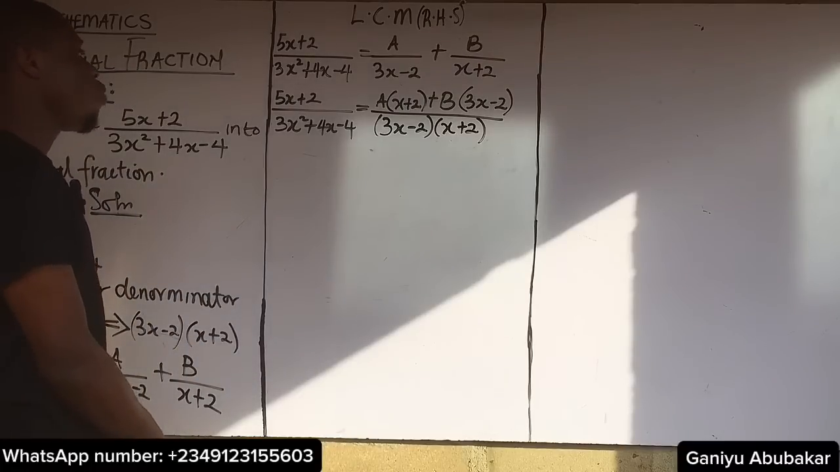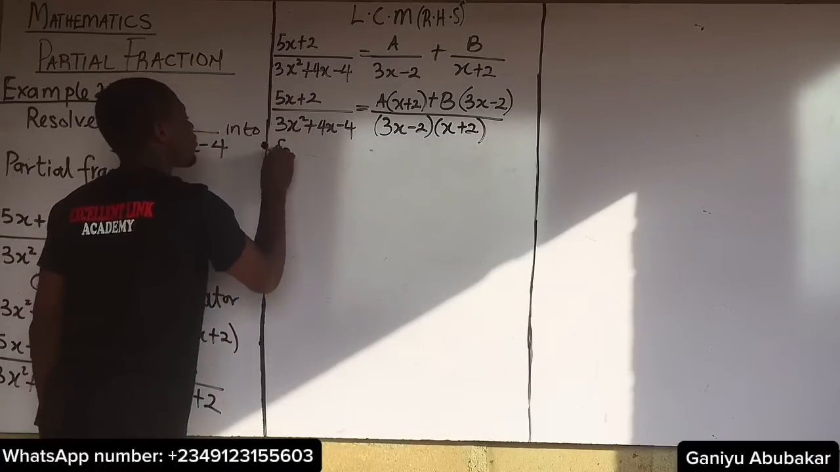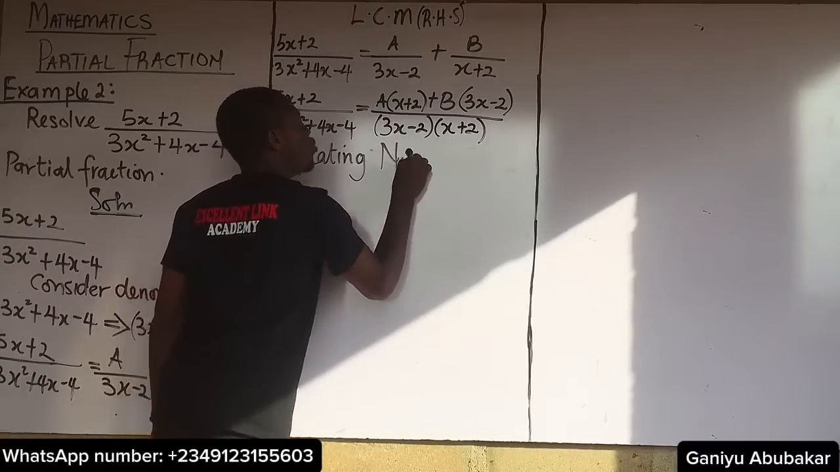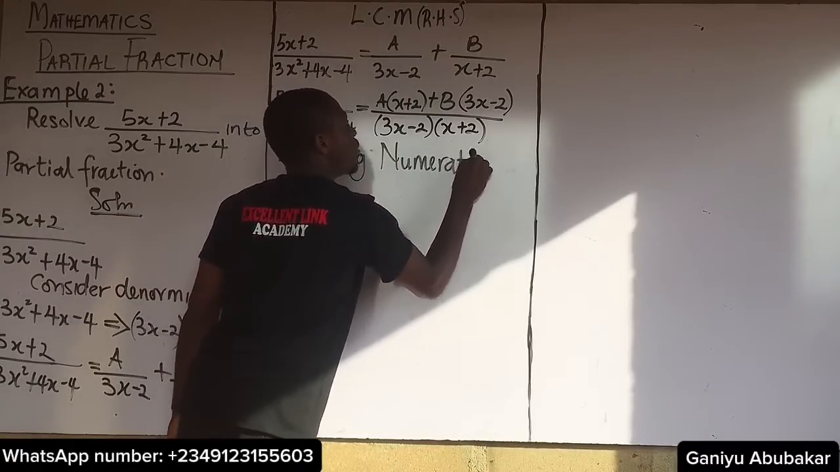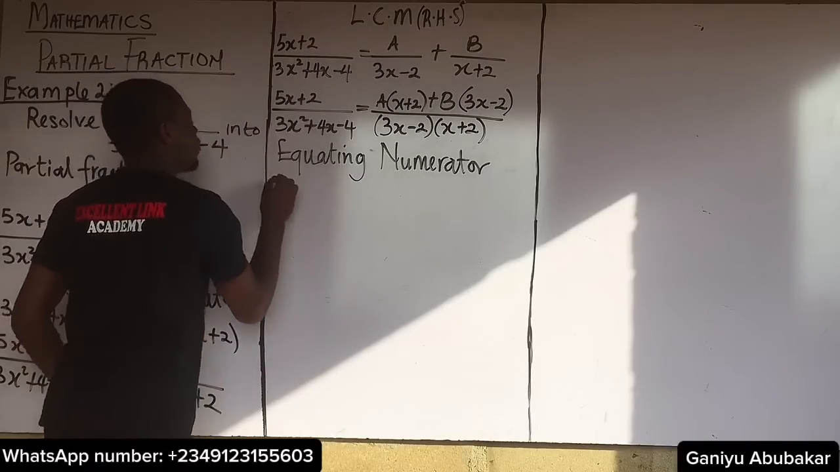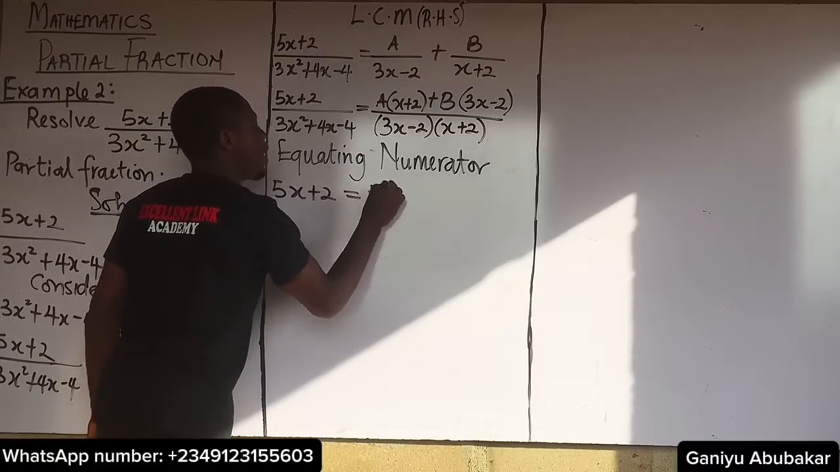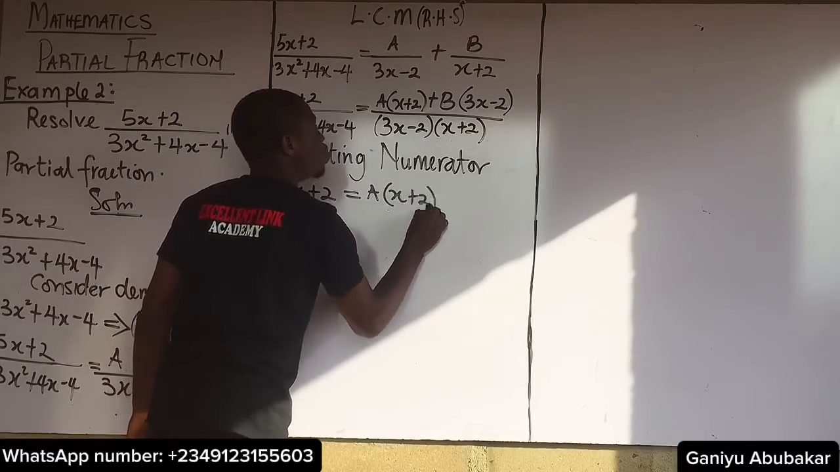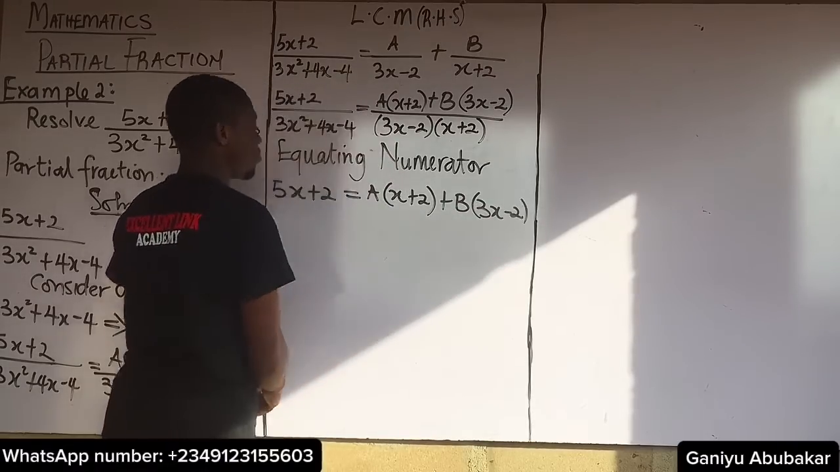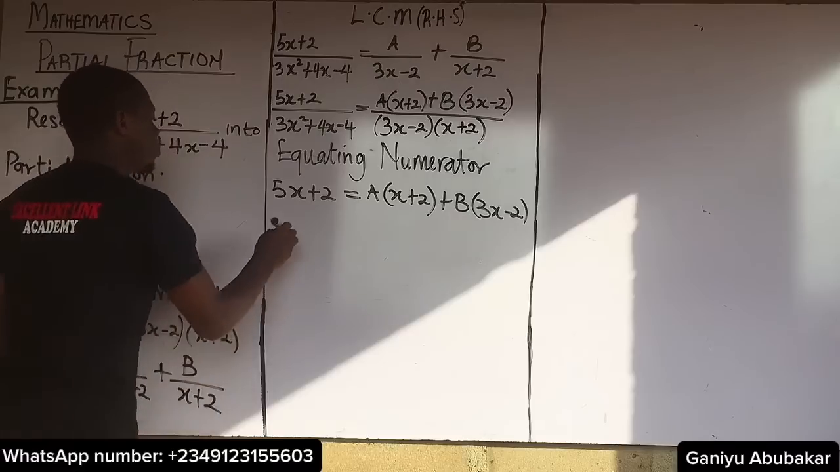At this point, what's your next task? My next task is to equate the numerator. If I equate the numerator, what do I mean? I'll pick out the numerator 5x plus 2 to be equal to a into x plus 2 plus b into 3x minus 2. At this point, my next task now is to expand through. So expanding,